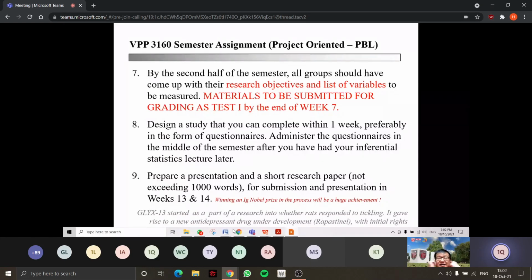But in order to do that, you need to have a good idea of what research objectives and list of variables that you can do, and all this requires you to have some degree of exposure to the lectures that I'm going to do, so that you know what I'm going to teach you and how to structure your research objectives and then your list of variables, what variables for you to investigate. For